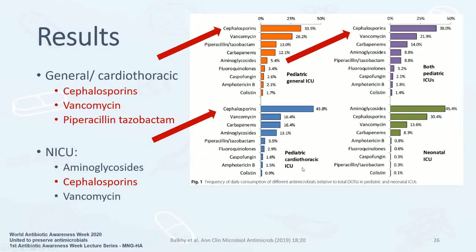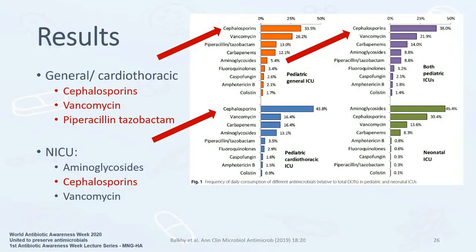In pediatric cardiothoracic, it was also cephalosporin followed by vanco. The difference was that in neonatal, which makes sense from a therapeutics perspective, aminoglycosides and cephalosporins were the highest, most highly consumed. What I've highlighted in red here on the slide was also their observation that